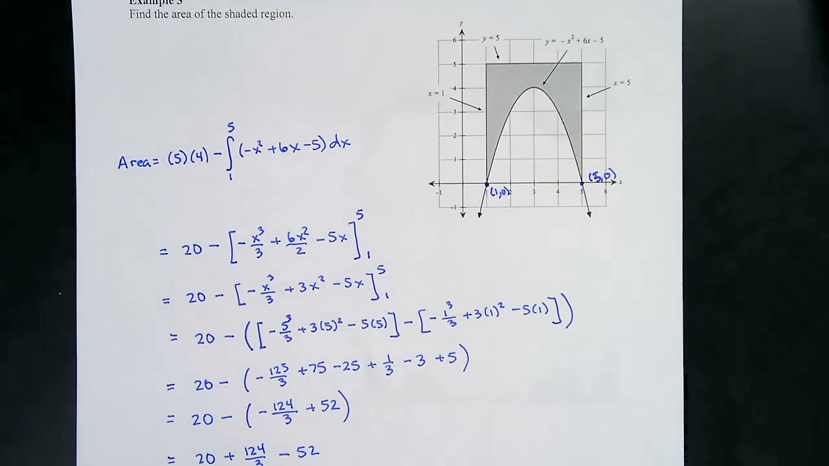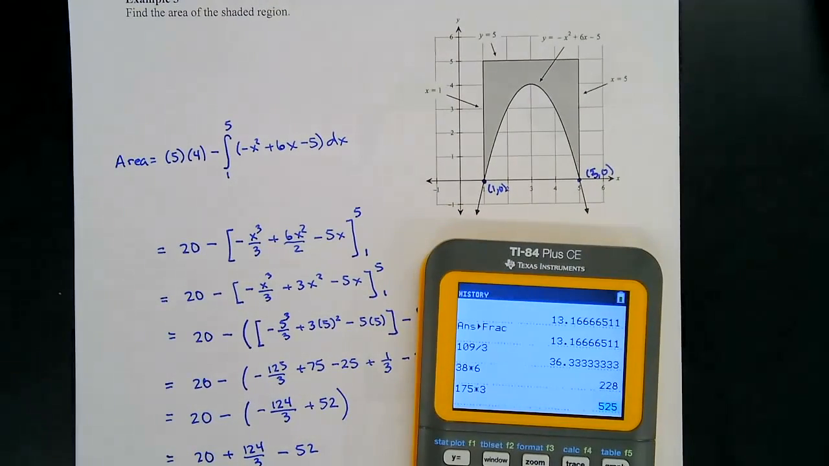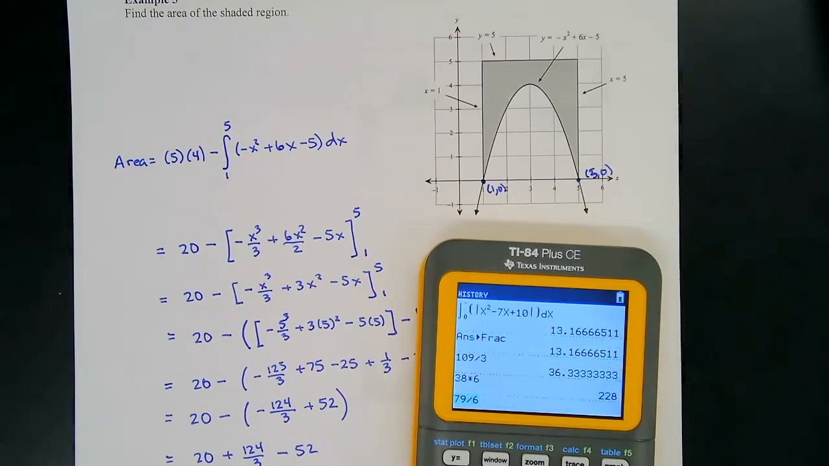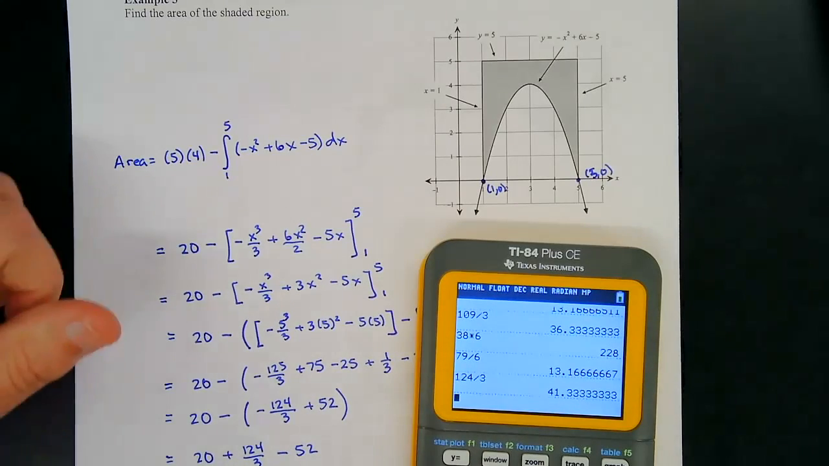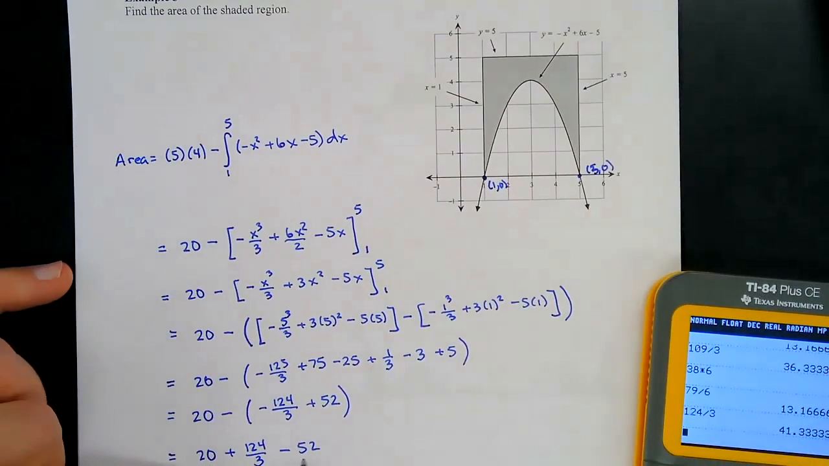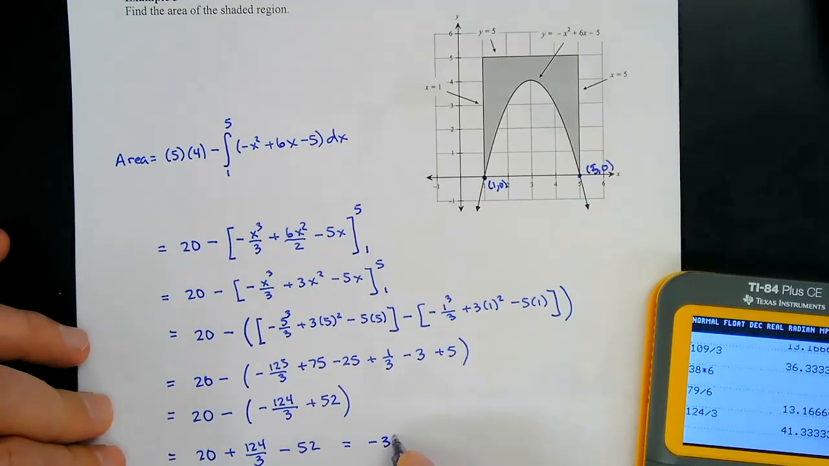Let's see if 3 goes into 124. So I'm going to try 124 divided by 3. I can't see anything. There's such a glare. Okay, 124 divided by 3. And it doesn't. Dang it. Okay, so 20 and negative 52, that's going to make negative 32. So this is negative 32 plus